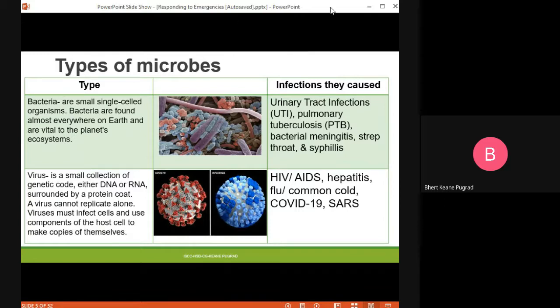Next is your virus. So your virus is a small collection of DNA, no? Small collection of genetic code, either a DNA. DNA stands for deoxyribonucleic acid, or RNA. RNA stands for ribonucleic acid. So those are structures of a